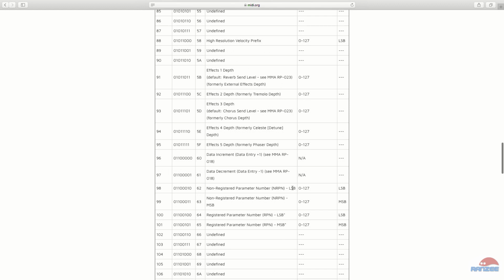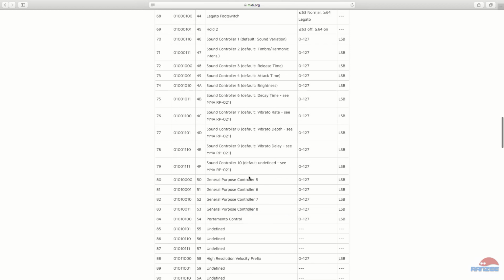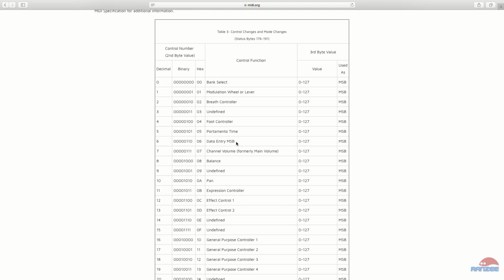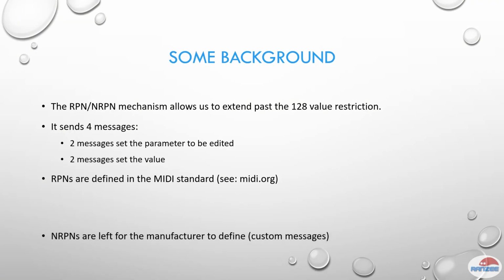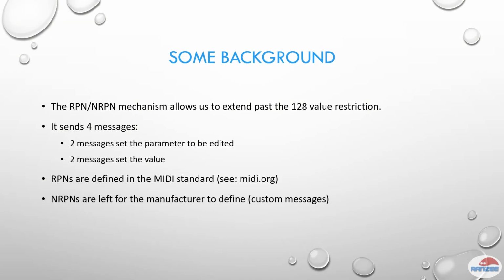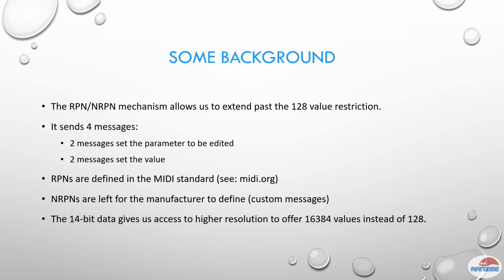98 is the LSB for NRPNs. 99 is the MSB. Okay, and we need 6. 6 is the data entry for MSB, and 38 is the data entry for LSB. But the NRPNs are left for the manufacturers to define, and that means they can set their own custom messages. Now these 14-bit data values give us access to higher resolution in the way of the value being